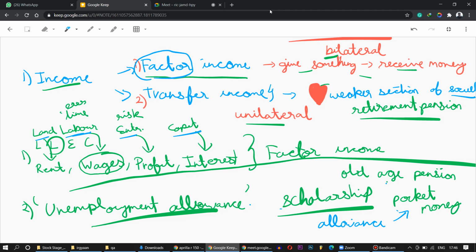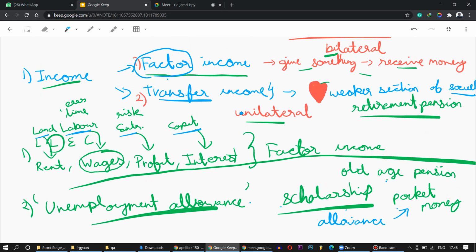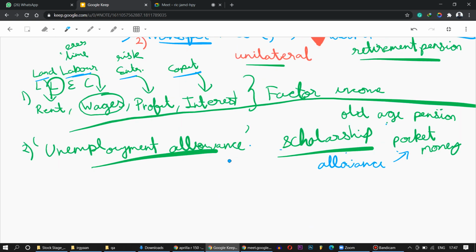If he made an educational company like Byju's and then he got profit, it will be a factor income. But you're getting a scholarship for your good marks. That is a transfer income. Next. A simple way to understand, if you don't want to think so much: if this has land, labor, capital or entrepreneur, close your eyes, put it under factor income. Got it? So now let's go to the next slide.